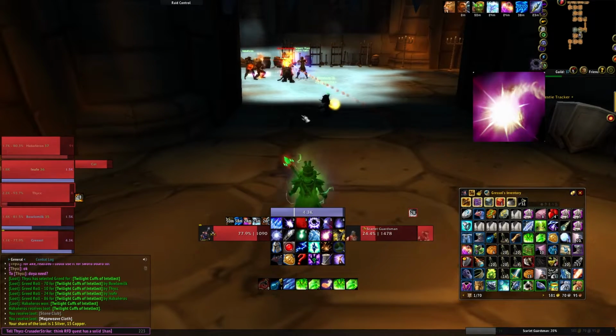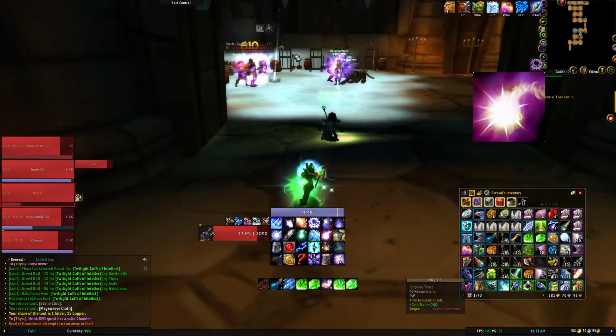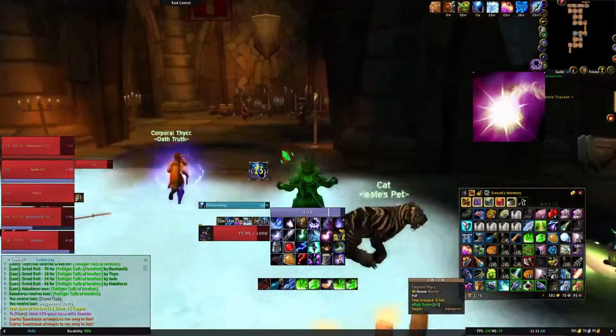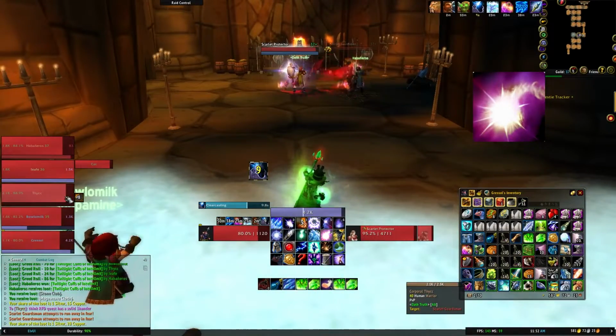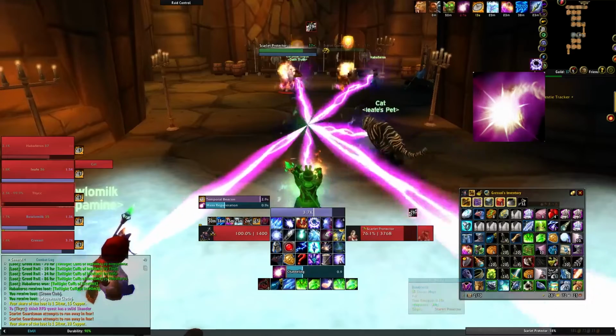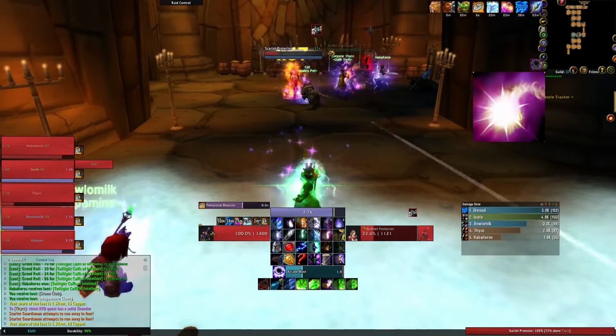Once you get a bunch of gear, your mana is actually going to be totally fine. Just pop Evocate like 2 or 3 times throughout a dungeon, you're good to go. What I'm about to do here is the spell queue I talked about. I cast Arcane Blast. I use Mass Regen at the very end of the cast, and the Arcane Blast damage